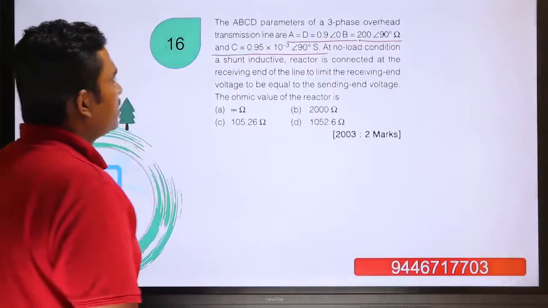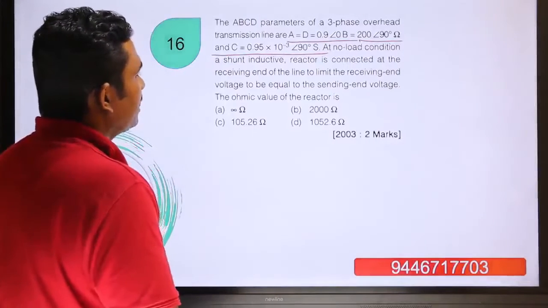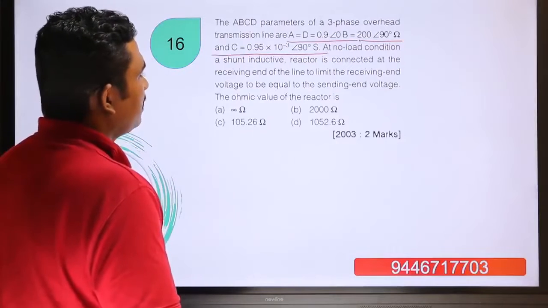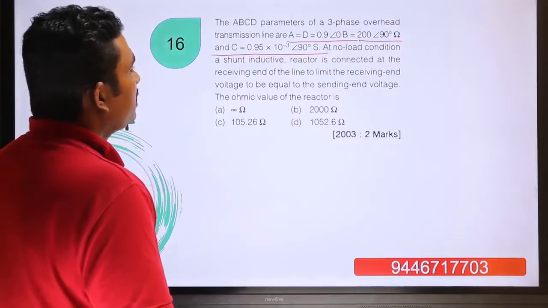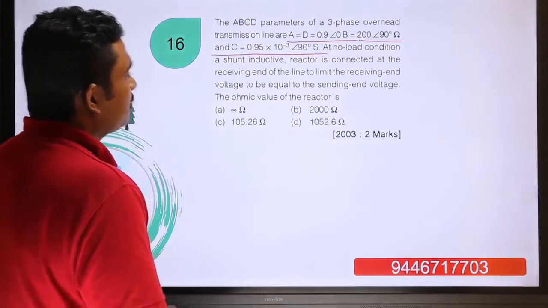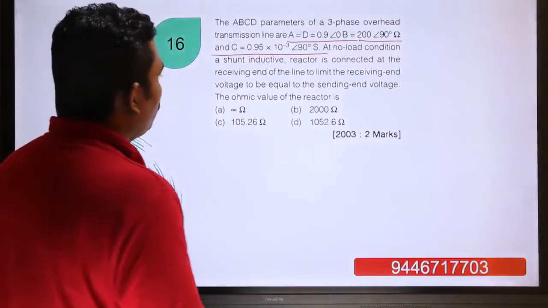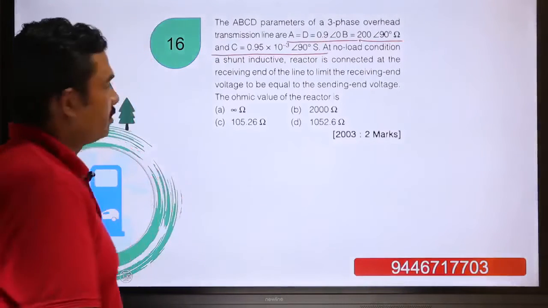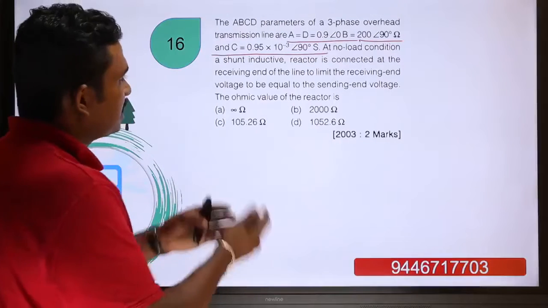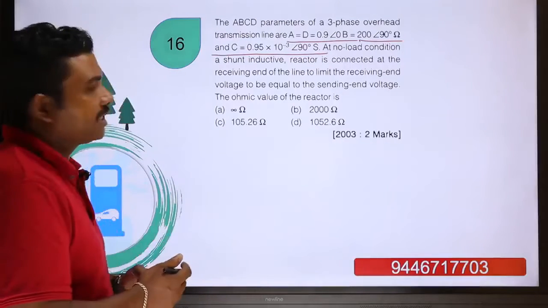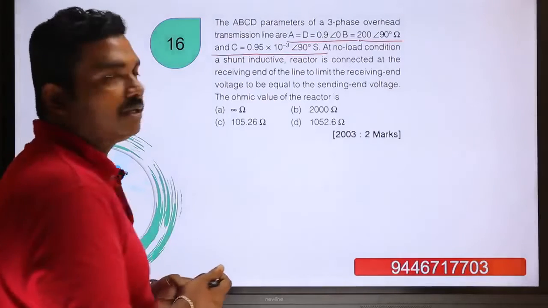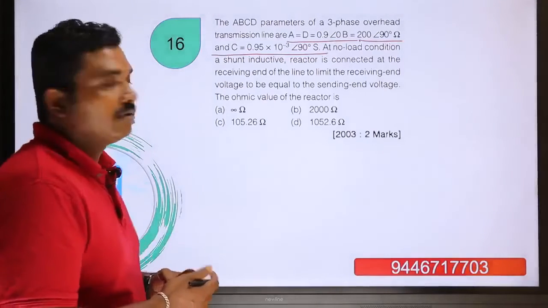At no load condition, a shunt inductive reactor is connected at the receiving end of the line to limit the receiving end voltage to be equal to the sending end voltage. So the ohmic value of the reactor is to be found out. So we are going to connect a shunt inductor. We have discussed connecting a shunt inductor at the receiving end of the transmission line when we discussed